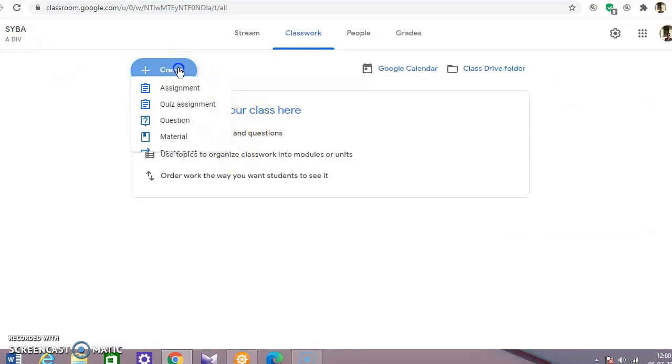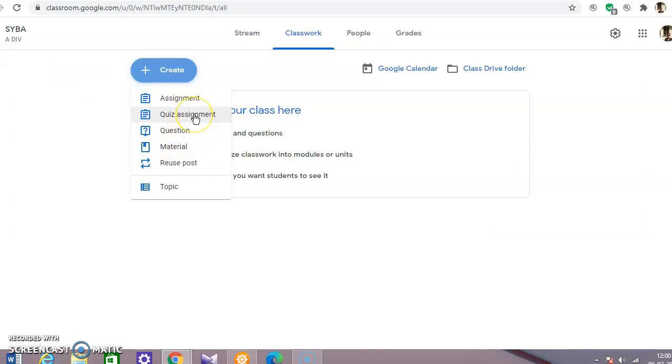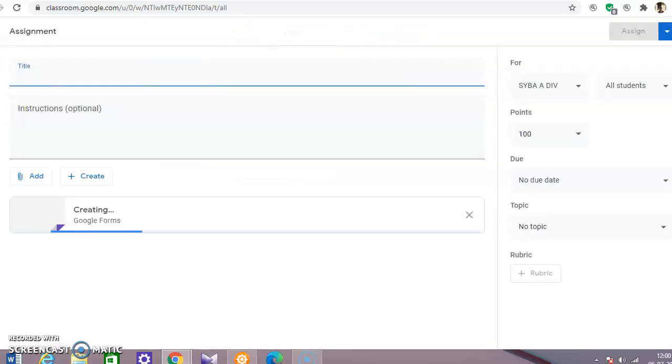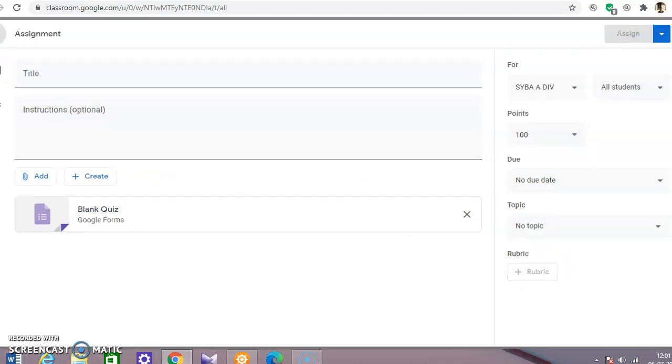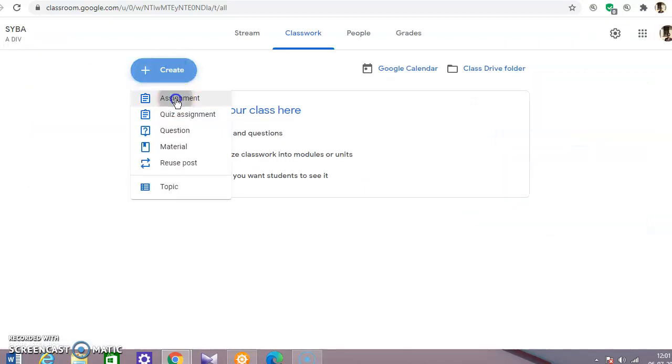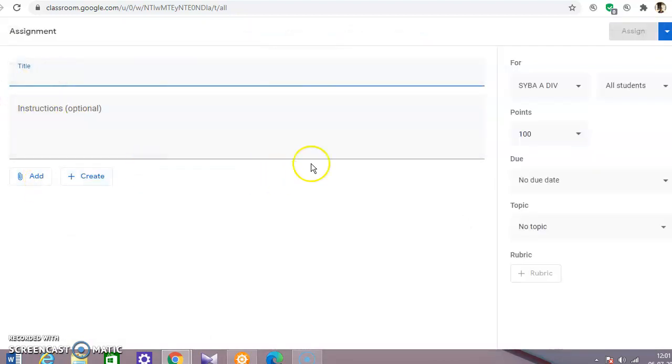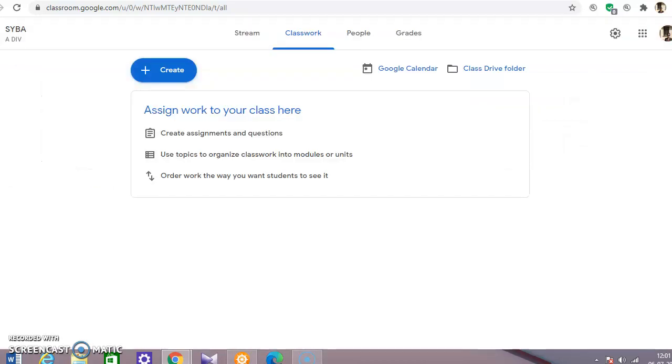Whereas if you are not giving a question, you're only creating a quiz assignment, then you can create a quiz here. So this is where Google Forms comes into the picture, and you can create a quiz, again allot the points, again due date, topic, everything. You can add rubrics in fact to make your assignments more interesting. And after quiz, the next is assignments. Again the same process. You can create, attach, give instructions, and finally you can just click here to assign. And once this is done, your students can actually start doing it. So these are the advantages.